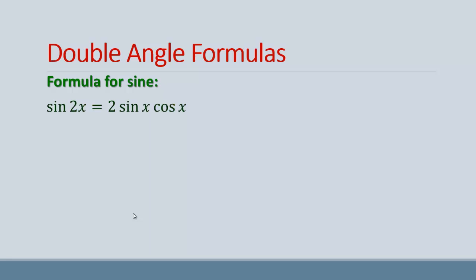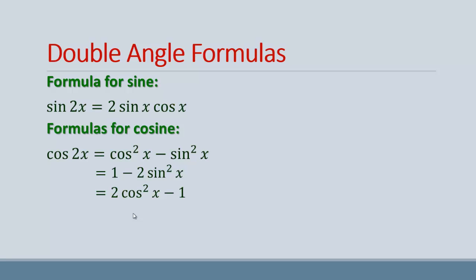The reason you're going to see 3 for cosine is really, this is the main one right here. These other two can be derived from that. So you've got cosine 2x equals cosine squared x minus sine squared x. So now if you replace cosine squared x with 1 minus sine squared x, minus sine squared x. So basically we replace this with this because of the Pythagorean identity, and then combine like